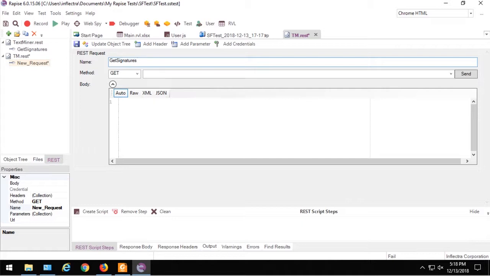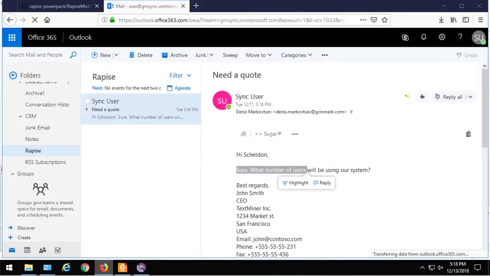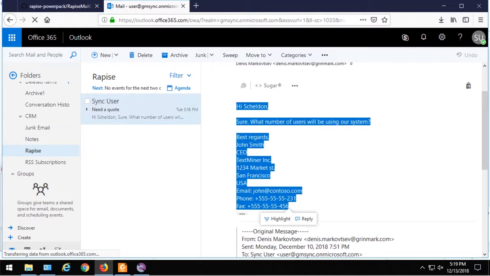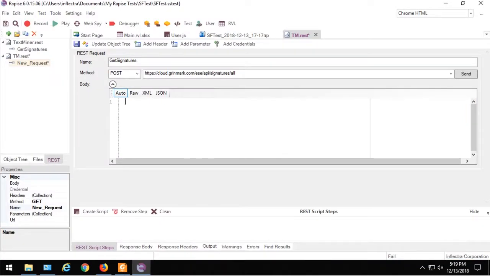Get signatures. This is a post method. Here is the URL, so it remembers what I used last time. And here I need to provide the body of my email, just to test how it works. So I copy it from the mailbox, put it here, and I need to provide a few headers to get